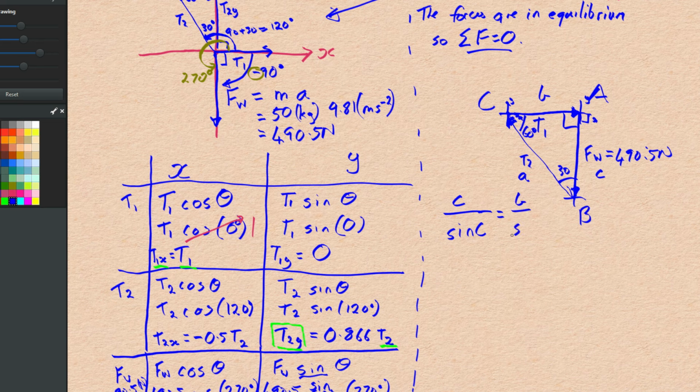There we go. Is equal to b. Fill in the values, which is 490.5 times sine of 30 degrees over sine C, which is 60,